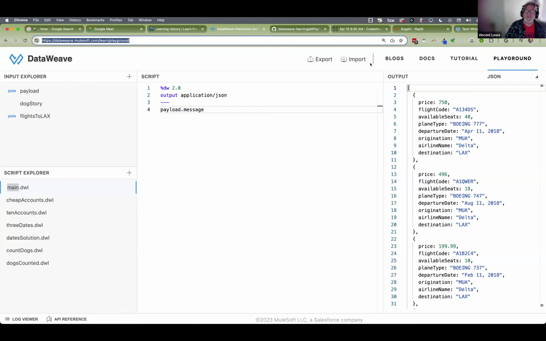When you get to the DataWeave playground, it won't look quite like mine does. I've been monkeying with this today. But this is one of the most frictionless spaces you can move to because you have a bright idea